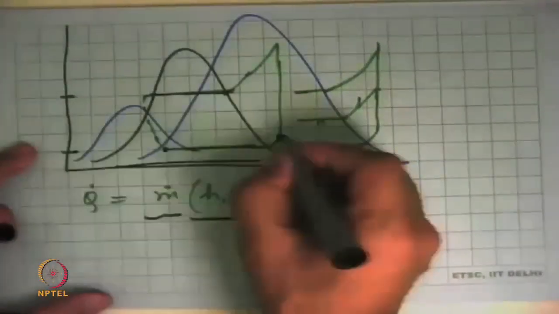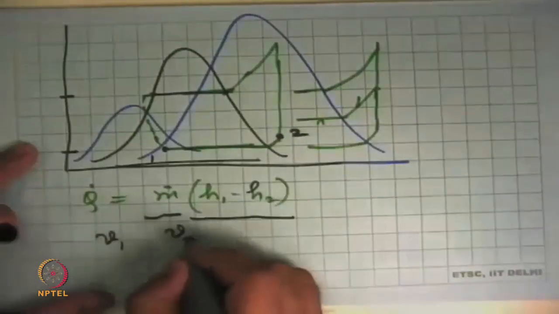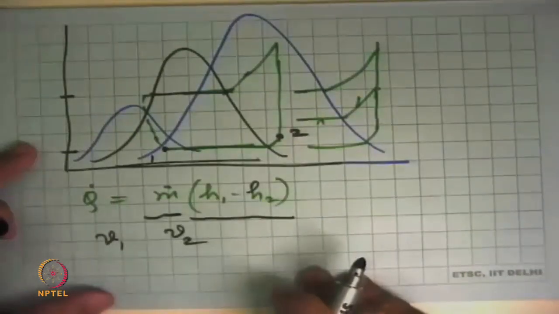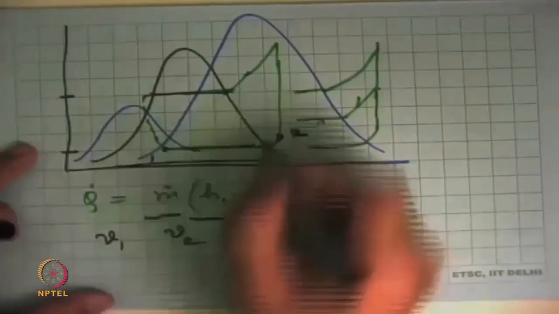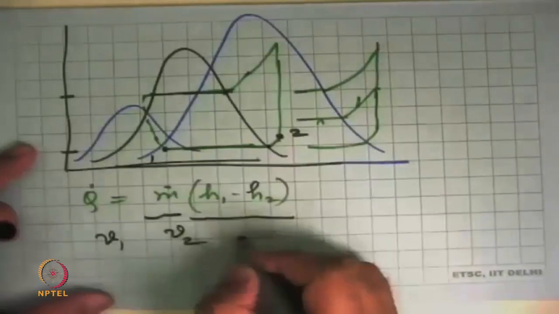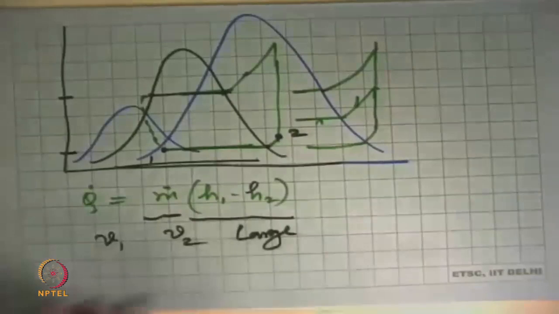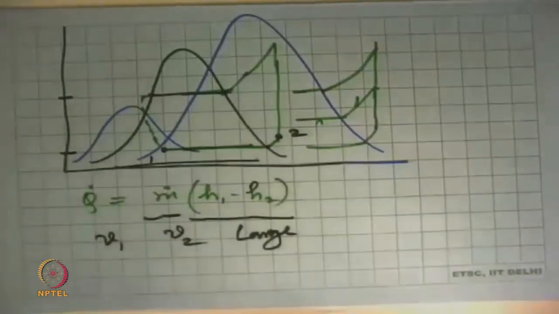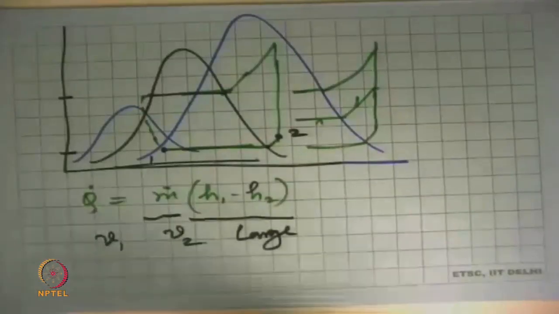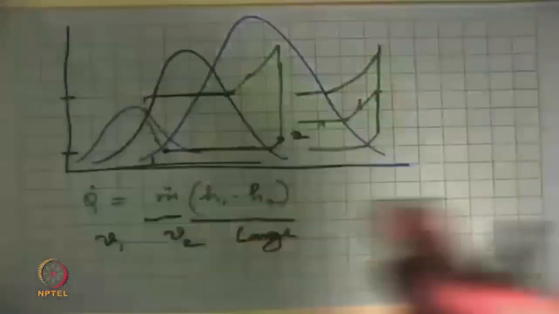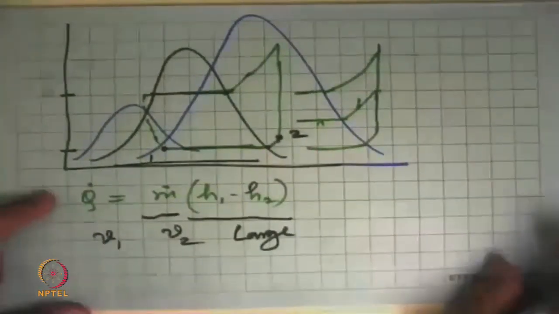And you ask, what is the specific volume at these two states? This is 1, this is 2. And you go back and pull out v1 and v2. And you will see that for water at 6 degrees Celsius or 5 degrees Celsius dry saturated vapor here, v2 is huge. That means the specific volume has become so big that I need a very, very big pipe to make this thing flow. And that becomes impractical. Unless we are able to control it and redesign the machine to take care of that, then we can do it. So we say, well, water is not very good.